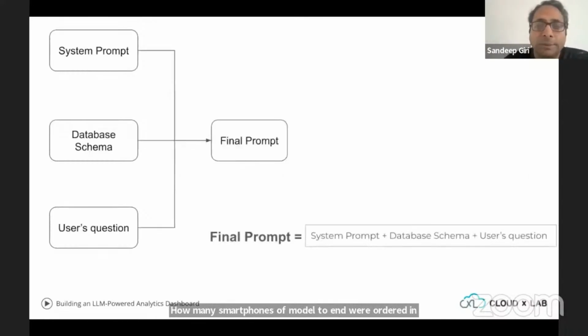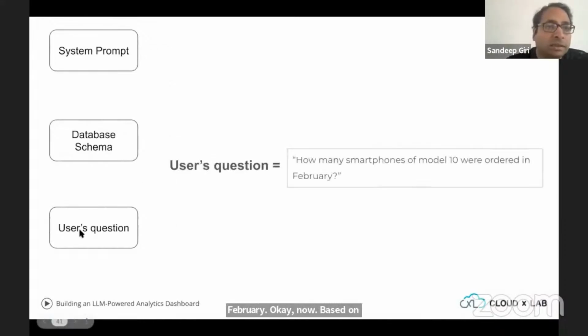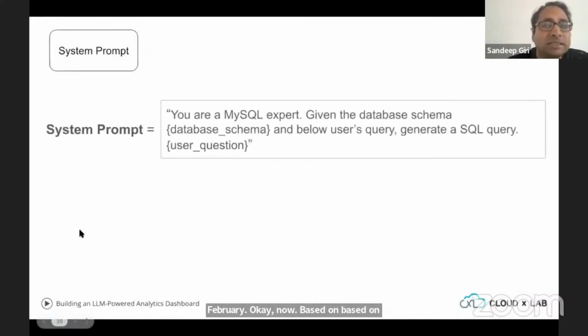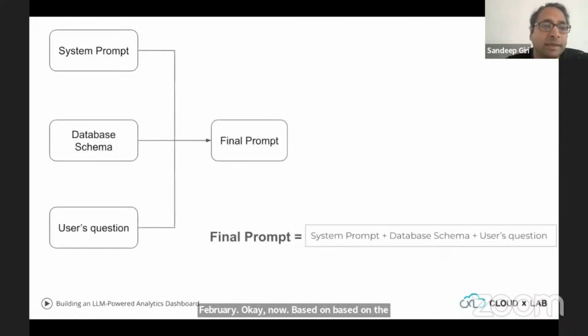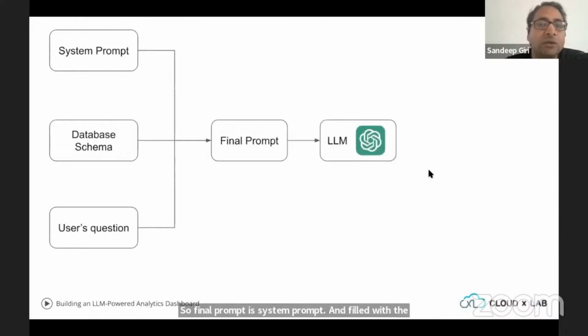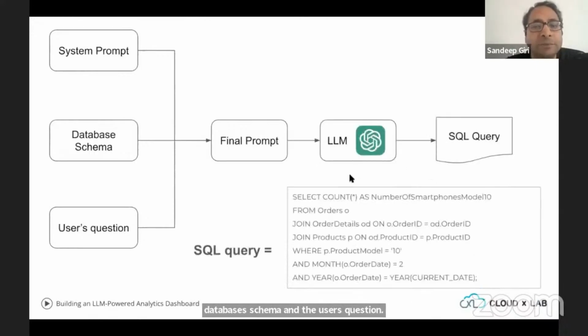Now, based on the system prompt, it took the system prompt, the database schema, and the question and merged them together to create the final prompt. So the final prompt is the system prompt filled with the database schema and the user's question. And then you feed it to the LLM and the LLM generates the query. Okay, so this is the user's question plus our database schema, and the LLM takes that and gives you the SQL